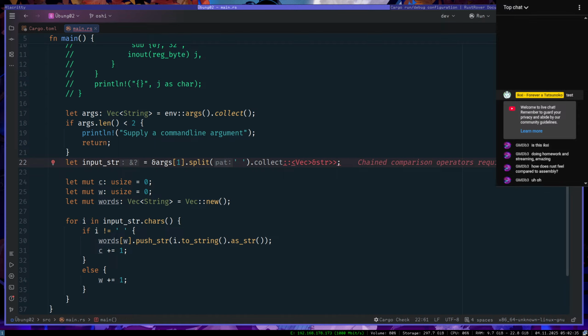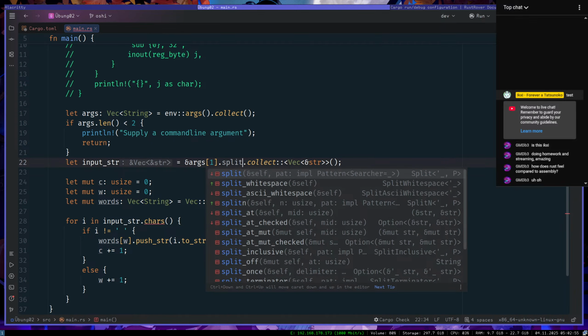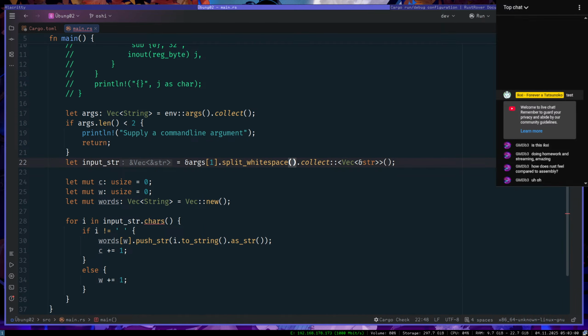Right, so would it now work with split_whitespace also?